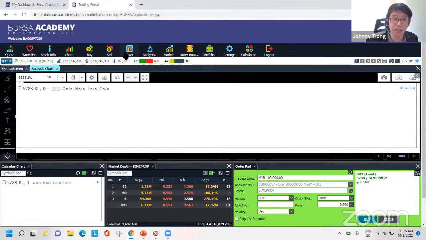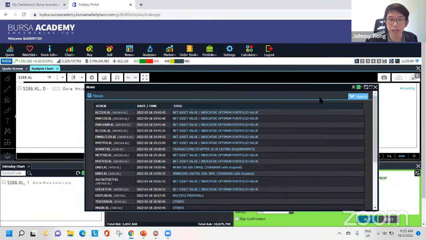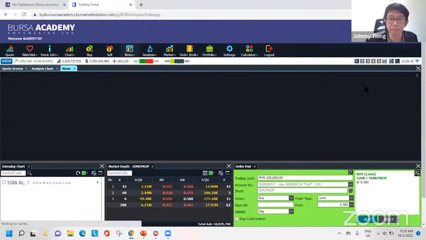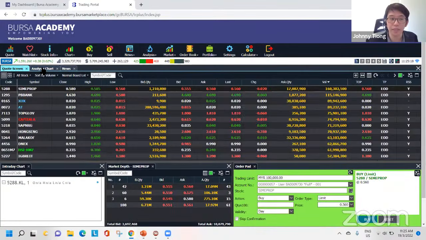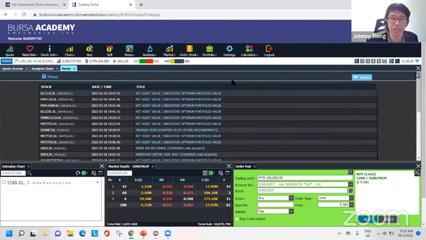So I can have a few things also. I can have the news. I just go to Busa, news, click on Busa, and it appears in the floating window. And I can press this button to absorb it to the main tab. So in my tab now, there are 3 windows. This is how we can fully maximize what we have.